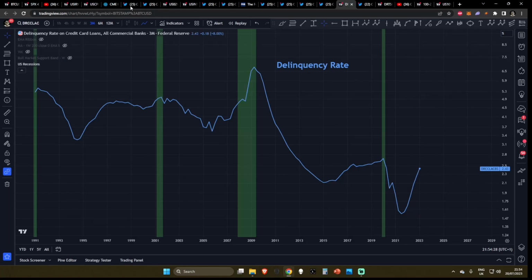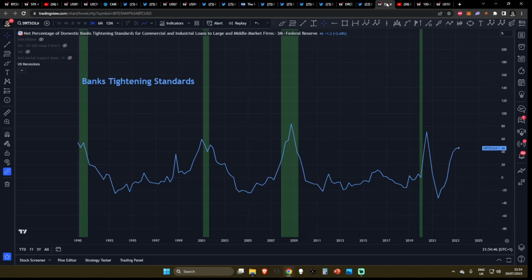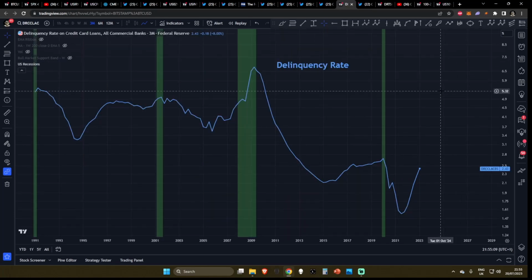Well, when the interest rates are hiked, when we're seeing all of these effects take place, sucking out global net liquidity, what does this do for credit and consumers? Well, it increases the delinquency rate. Because banks are tightening their standards for credit right now, you can see this in the net percentage of domestic banks tightening standards for credit. You can basically see when this line comes to the upside, banks are tightening who they are willing to give credit to. And as you can see over here, this normally comes hand in hand with an increase in the delinquency rate. The delinquency rate is basically the rate at which people are becoming delinquent or not paying back credit card loans, commercial loans, etc.